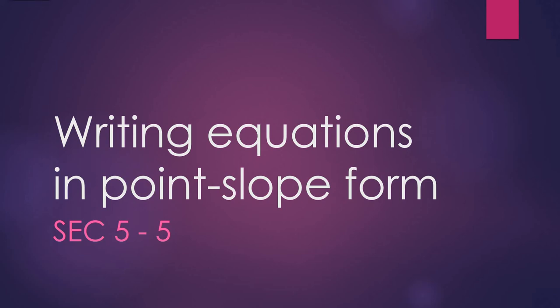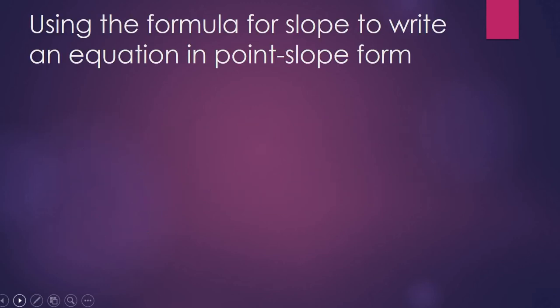Section 5.5 is about writing equations in point-slope form. So this is a new form of the line that we're going to look at called point-slope form. So the first thing I'm going to do is use the formula for slope to write an equation in point-slope form. So we know that slope is m